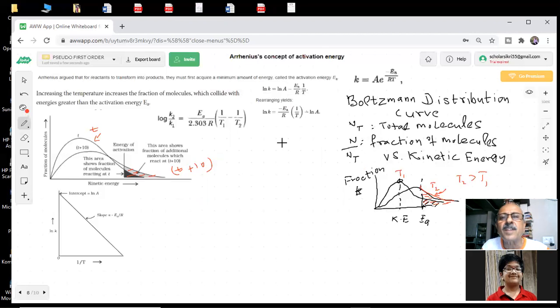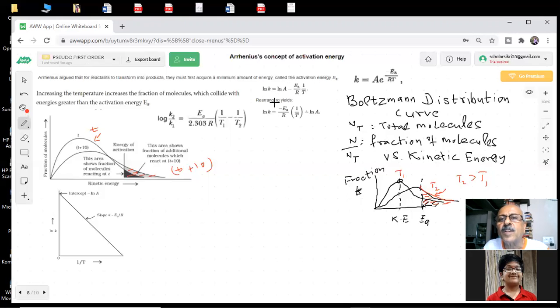Now, it's an interesting thing about this Arrhenius equation, k is equal to A e power minus Ea by RT. If I take the ln of this, I am trying to put the equation in a better form. I will take the log, students, what will I get? ln k is equal to ln A minus Ea by R times 1 by T. This is the natural log form of this. I can put it in this form. So ln k is equal to minus Ea by R into 1 by T.